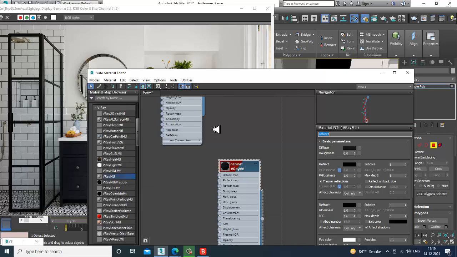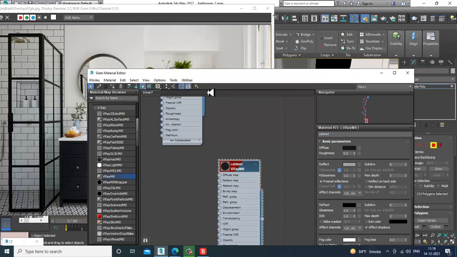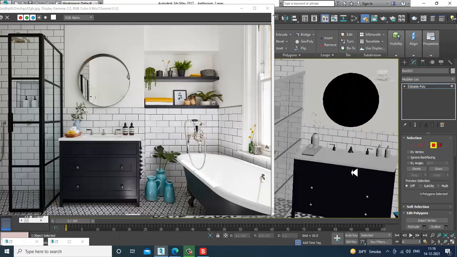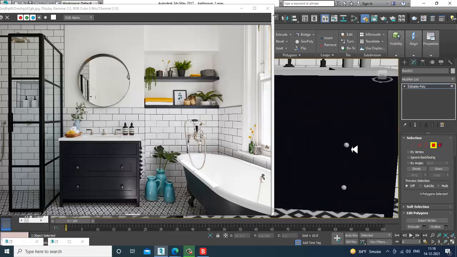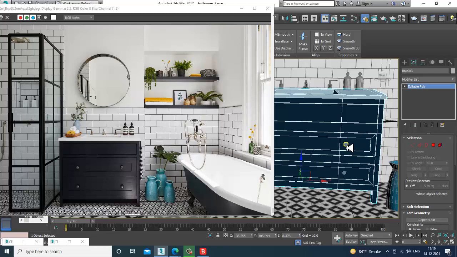After that, I'll slightly give a bit of reflection, not much. Assign that. That's it. Come out of that. Select these elements.